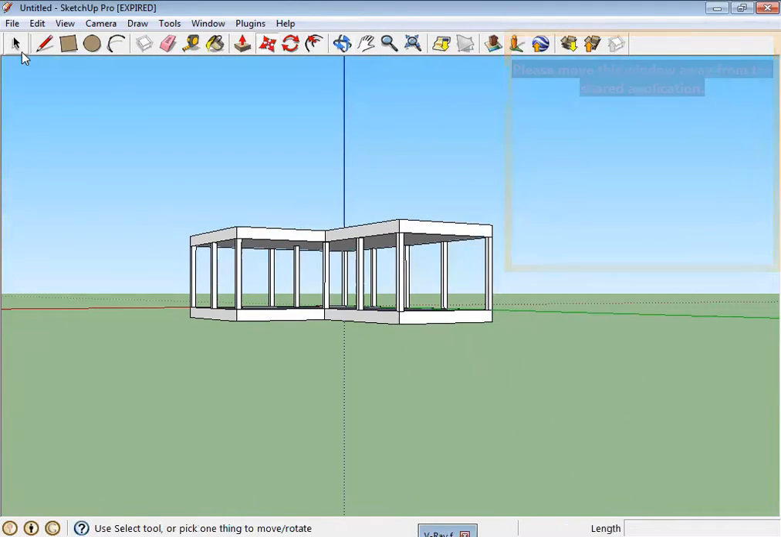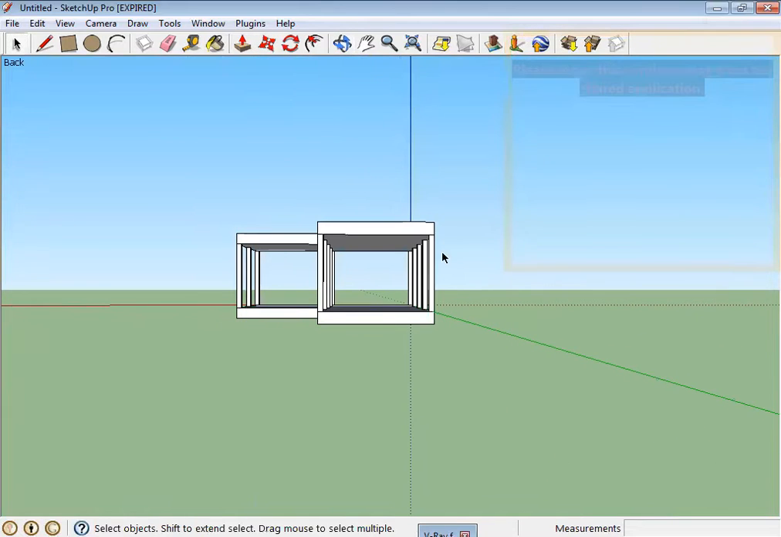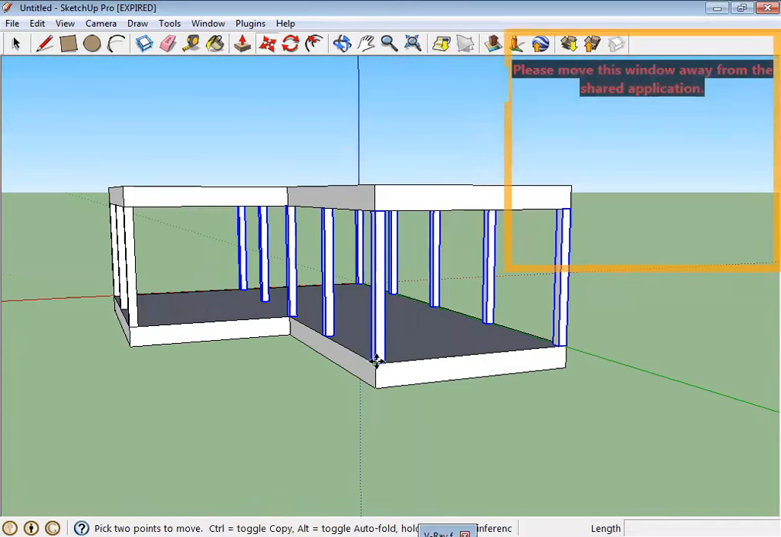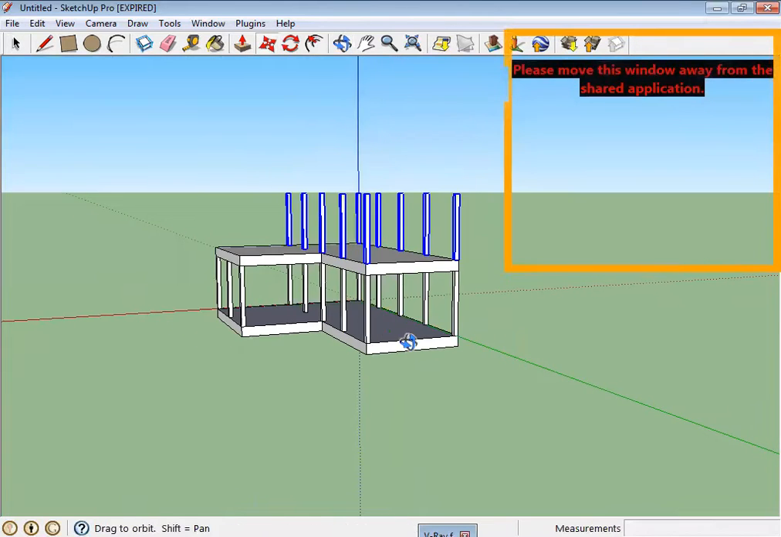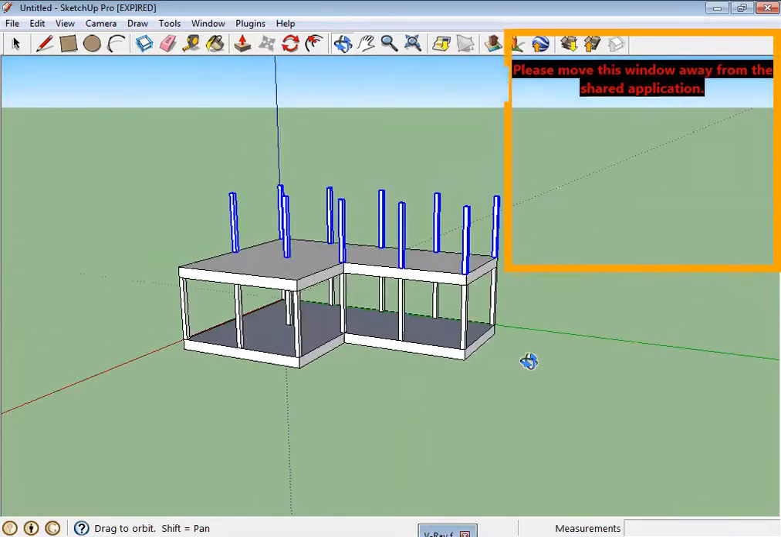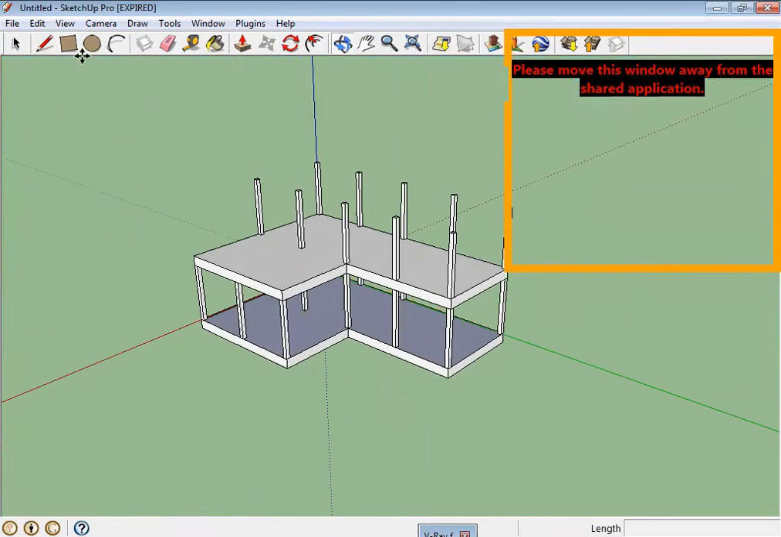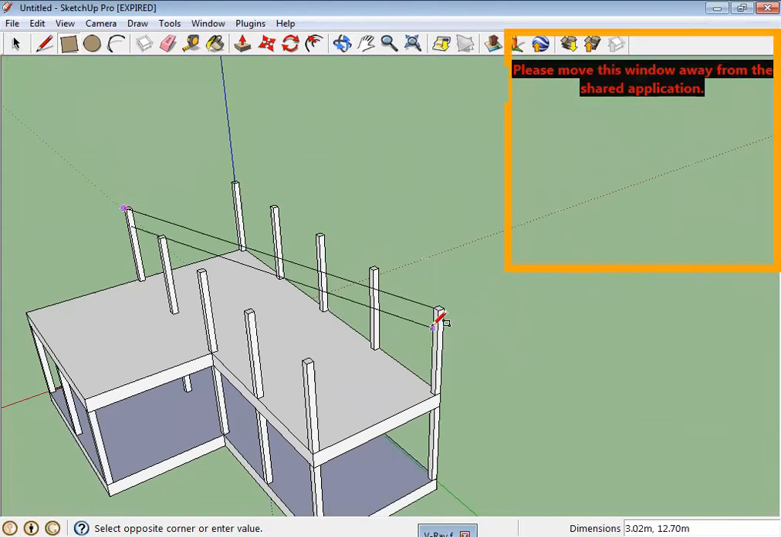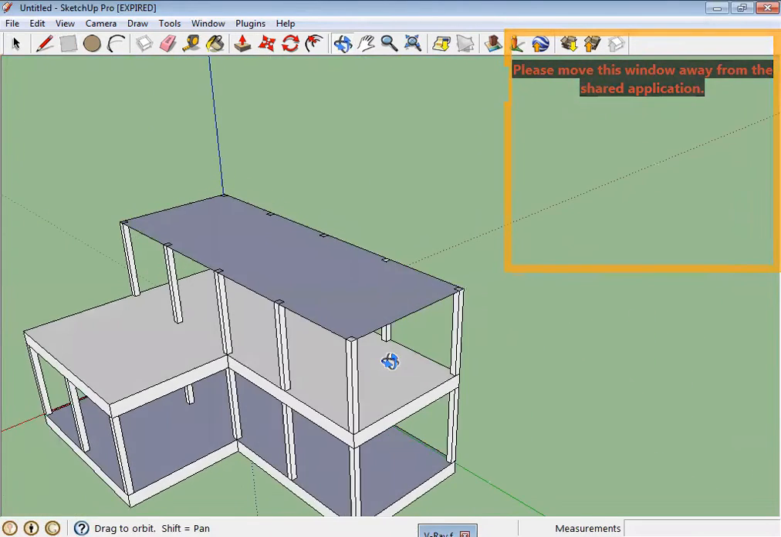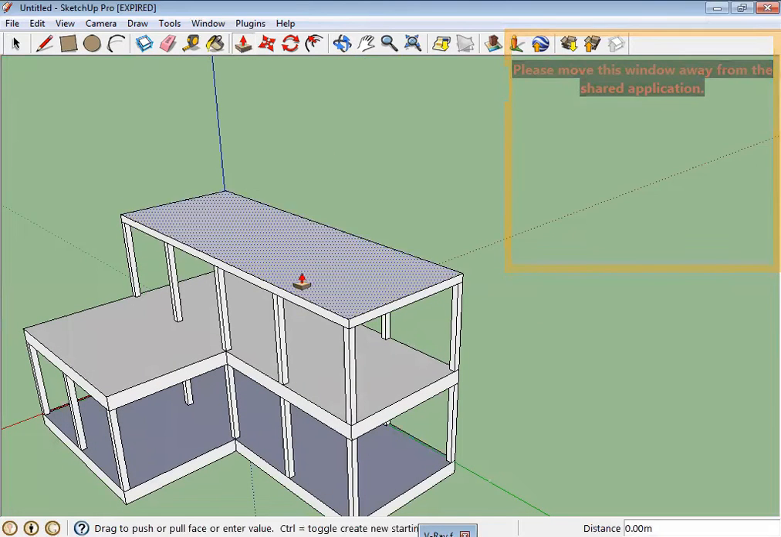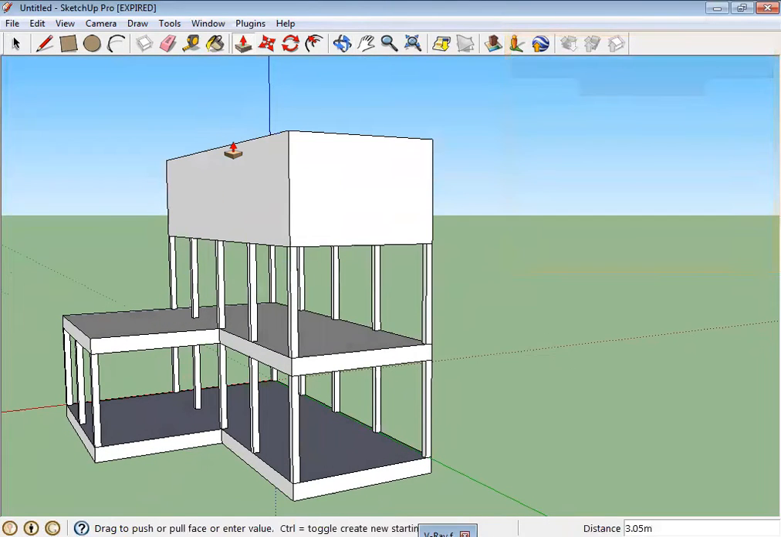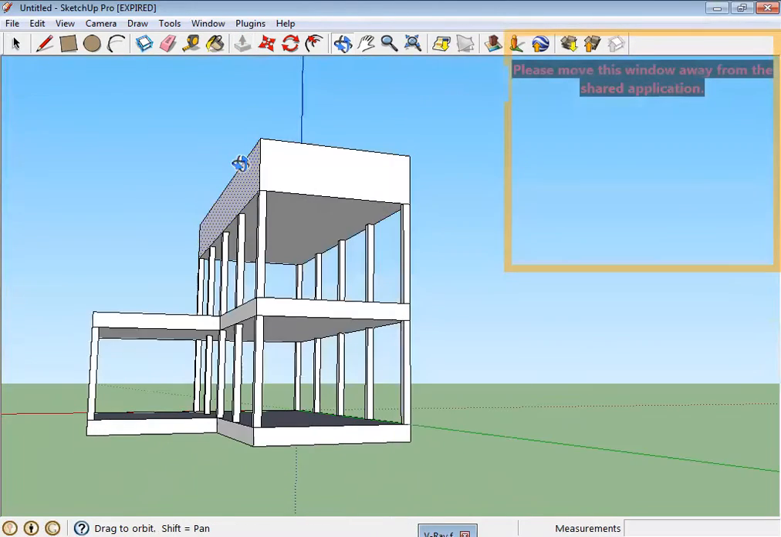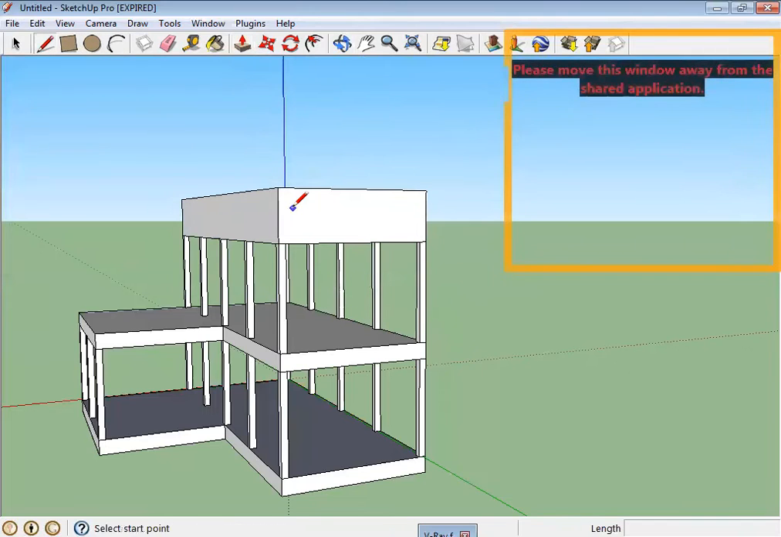In order to copy and have columns at the top of your building or the second floor, just copy all the columns that you want to reproduce in the second floor, and then make another plane here. So you can extrude up to, let's see, that is 1.5. You have now the